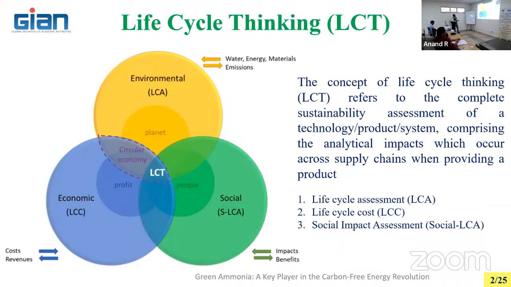So in terms of this life cycle analysis, we are going to see the different inputs and different outputs that come out from a particular process or particular industry. Here, for the environmental perspective, water, energy, materials, and emissions are considered as input and output. Inputs are water, how much water is consumed, how much energy is consumed, how much material is consumed for bringing in the system. Then in terms of emissions also we need to think.